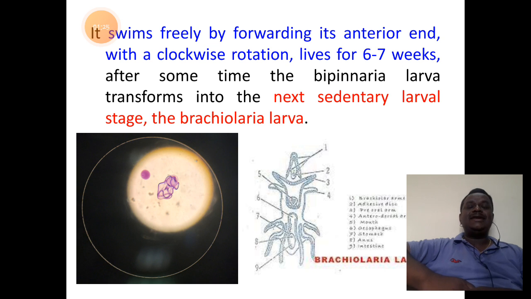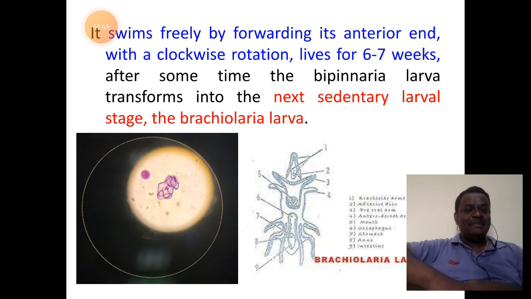The second stage of the larva is Bipinnaria larva. It is also a free swimming larva, microscopic larva, pelagic larva, bilaterally symmetrical larva, which also feeds on the microscopic plants and organisms present in the water called planktons.